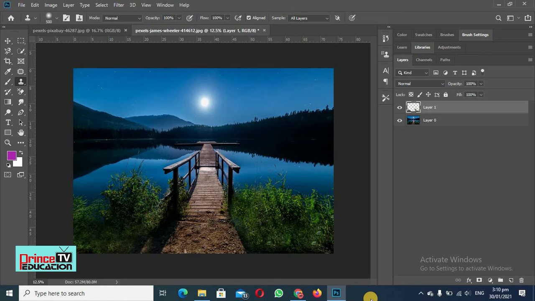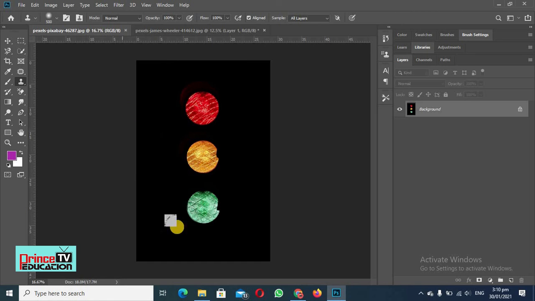So in this way, we can use the clone stamp to increase some elements in our picture, and we can also delete things. Like if there are some signs in our picture and we have to remove them, we will just select any area and paste it here. And you can see the last thing which we selected, that was grass, is still in the selection. So we will make a new selection here, and then we put it here.